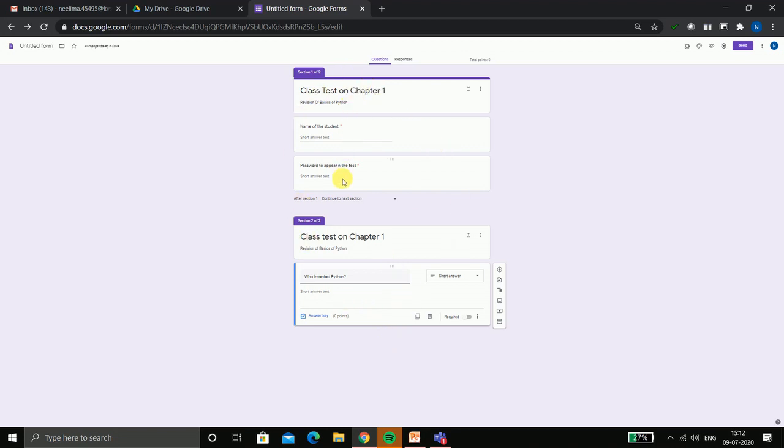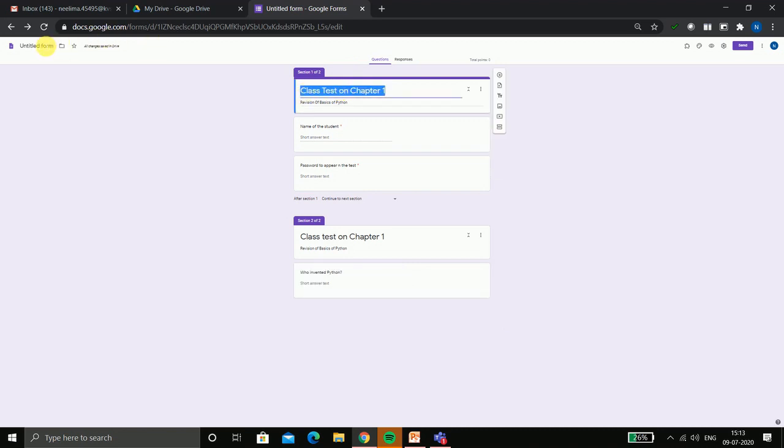Suppose this is the first page having name of the student and the password to appear in the test. This is the actual test body where the complete questions containing the test are appearing. So in this manner my entire test is ready. Here I will click again so that the same name is copied as the heading of the test. Now what you have to do is